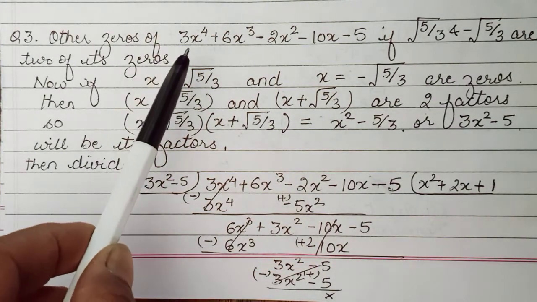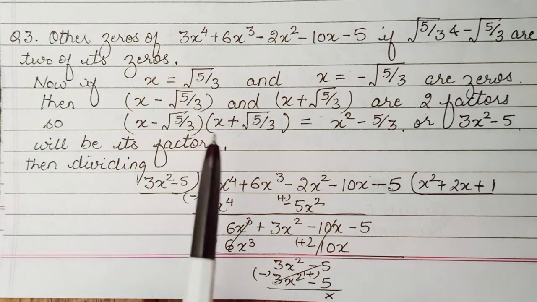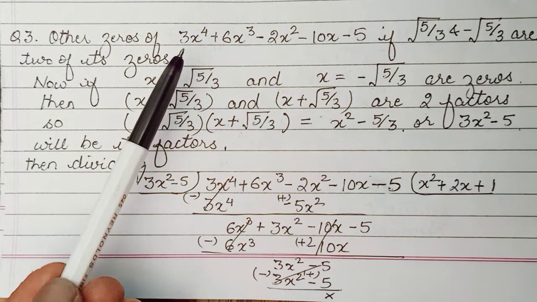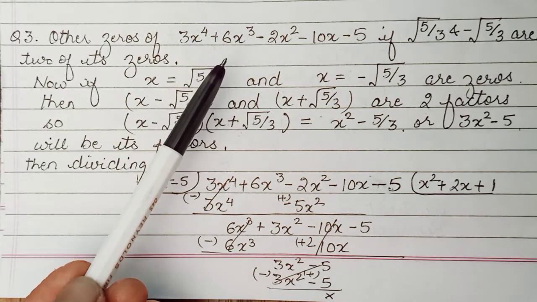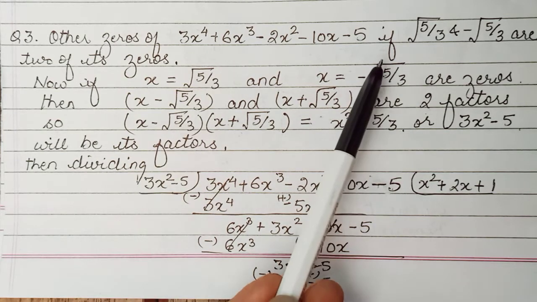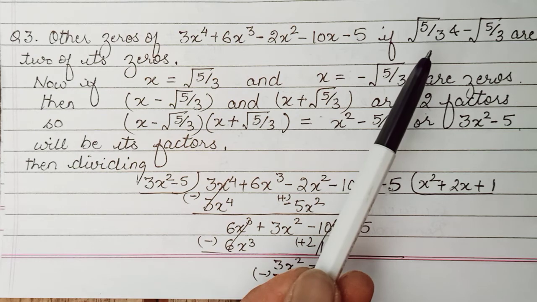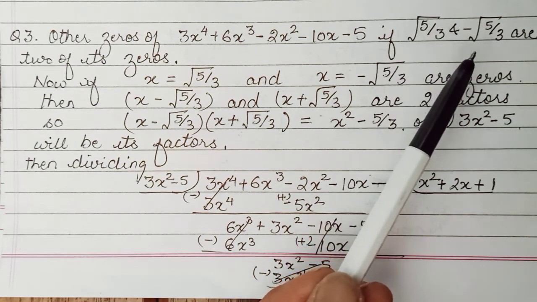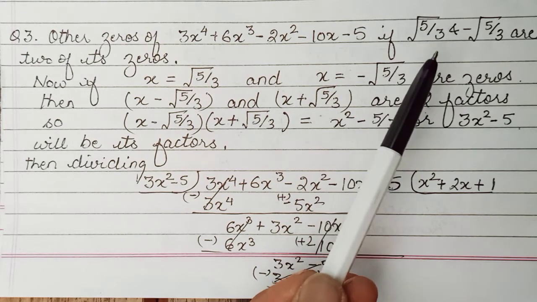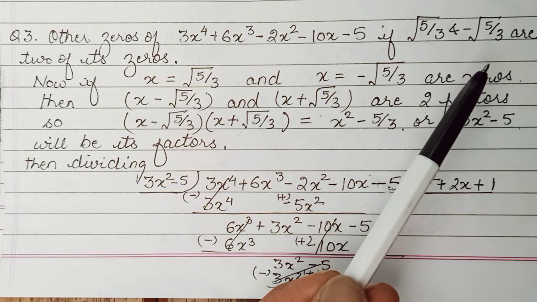Okay children, just to recall once again, whatever is the degree of any polynomial, it has those many zeros. So degree of this polynomial, highest power is 4. So this polynomial is likely to have 4 zeros, out of which 2 zeros are given to you. Even if 1 zero was suggested, children, irrational roots always appear in conjugate pair. Means if I say root 2 is one of the root, then automatically minus of root 2 will also be